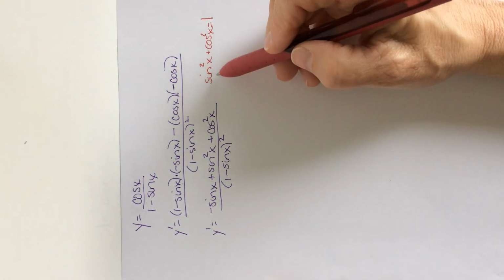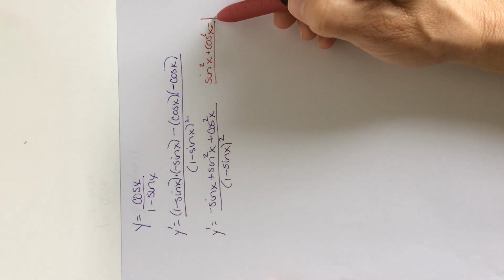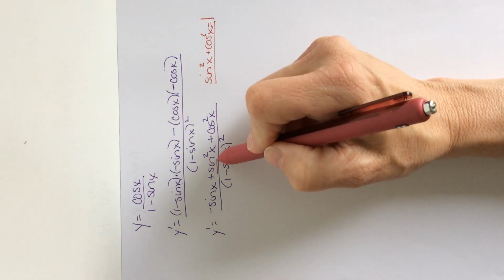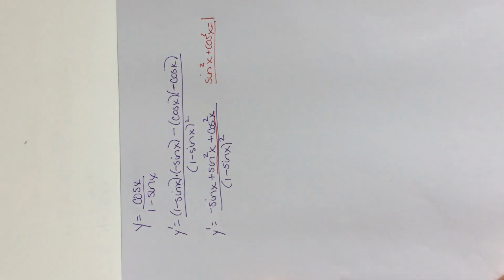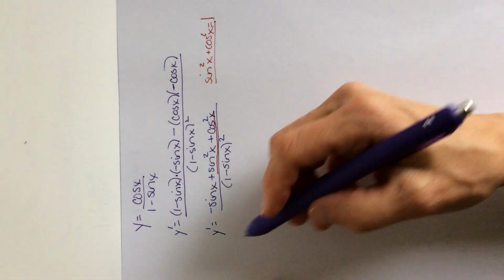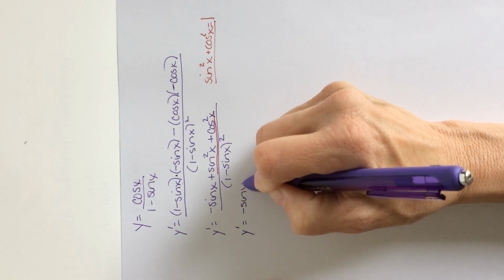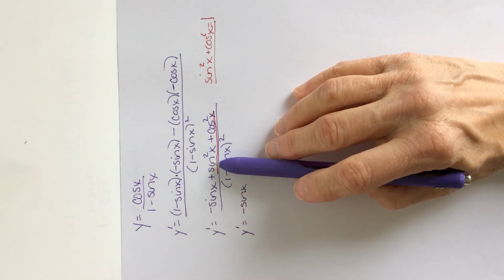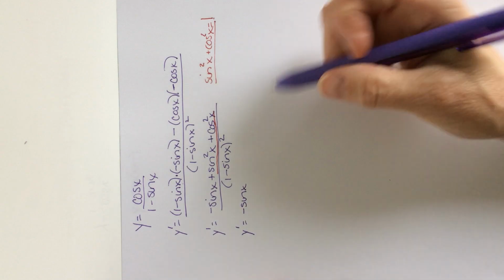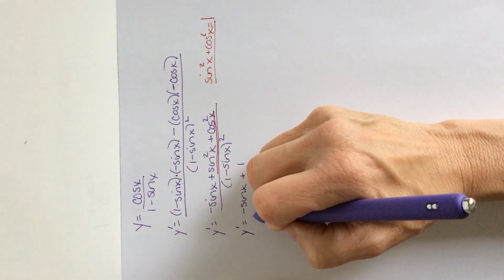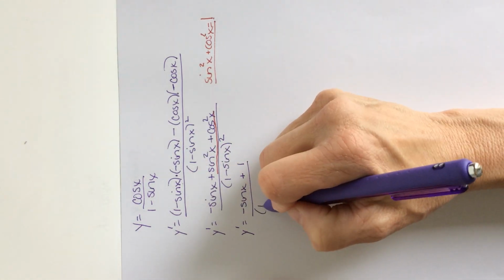Because sine squared x plus cosine squared x equals 1, then sine squared x plus cosine squared x can be replaced with 1. So now what I have is this negative sine of x. I will replace sine squared x plus cosine squared x with positive 1,